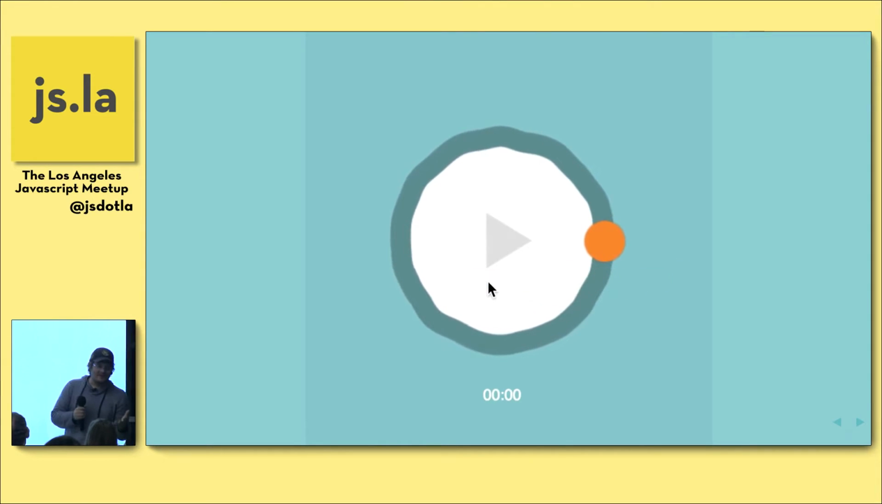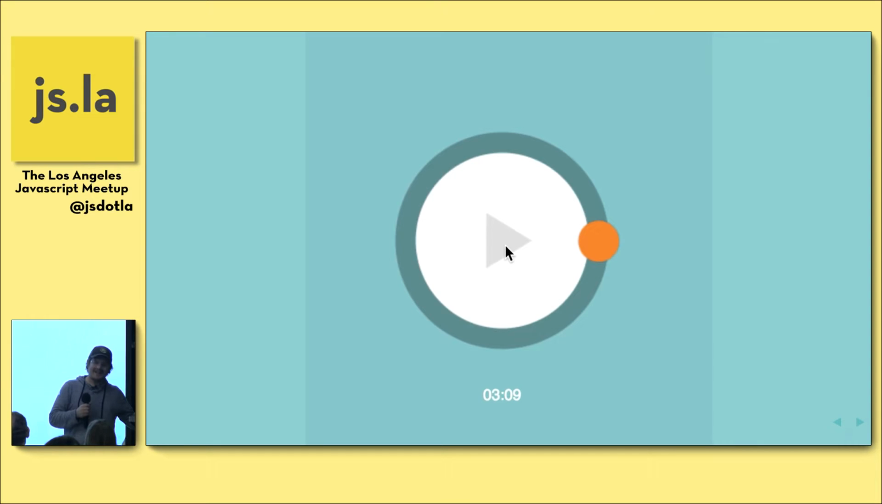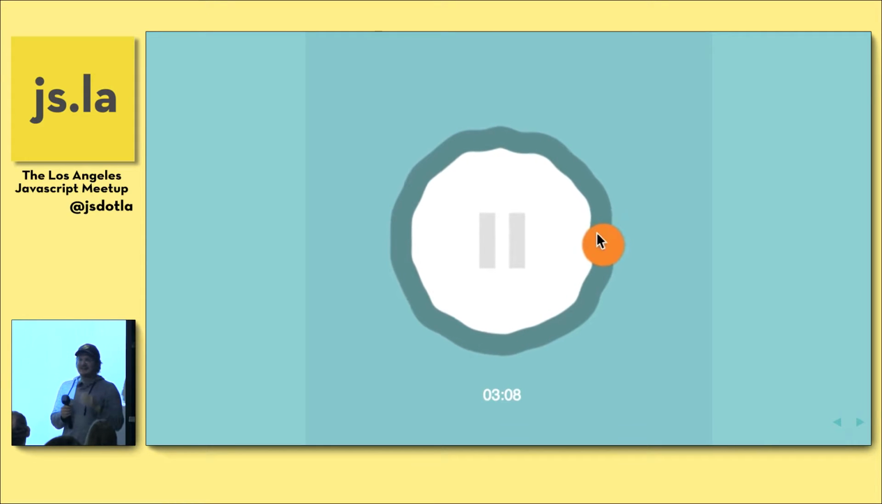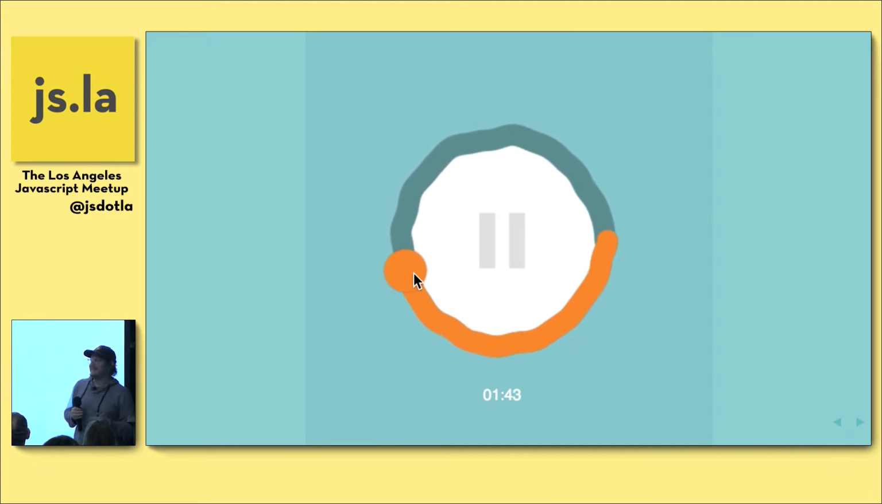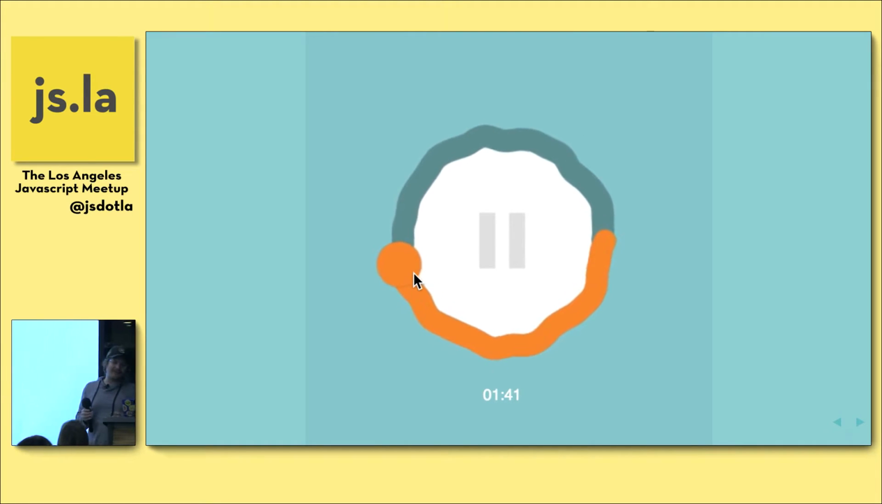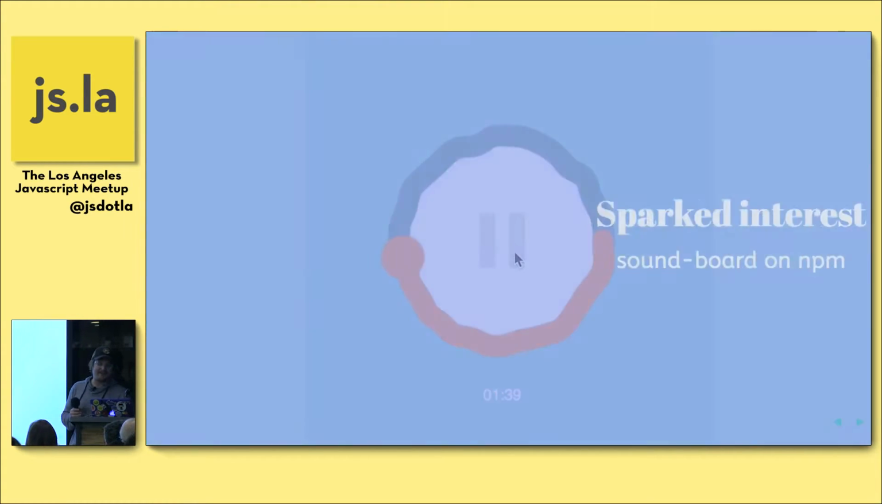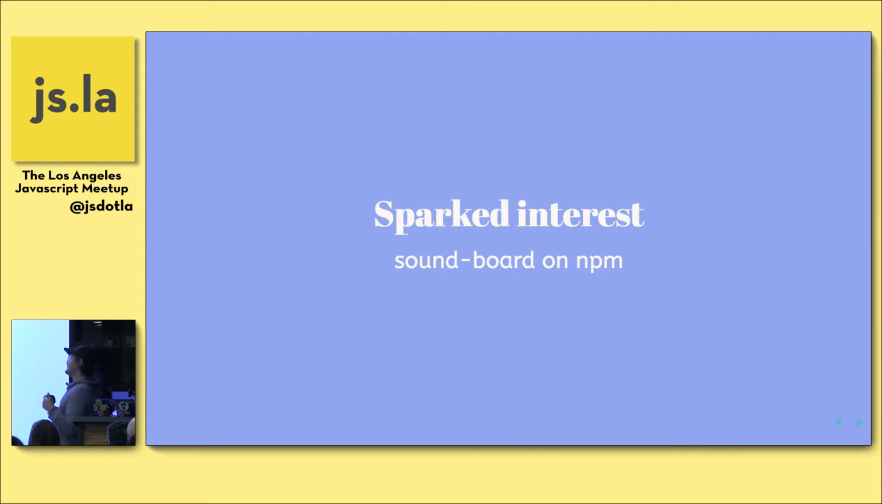If you thought about Windows Media Player that I had in the very first or second slide, that was a full screen immersion, sometimes a little too much, I could say. This is a little bit more subtle. Granted, it probably would get annoying after a while. And this really sparked my interest in audio visualization, so much so that I actually built an